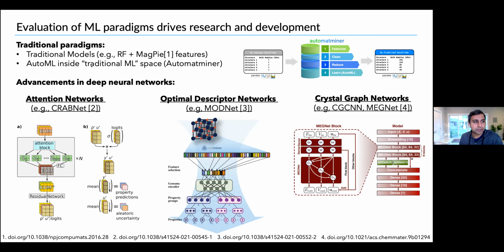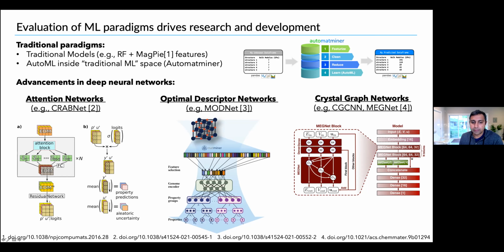In addition to these more traditional paradigms, there's been a lot of work in the last couple of years about deep neural networks, also showing very, very good performance compared to the traditional things. So there is one called CrabNet that works just based on a composition and will actually figure out what are good interactions between elements and things. So for example, if you have aluminum oxide, what's the interaction between aluminum and oxygen that helps you get to a particular property? So there's one called CrabNet.